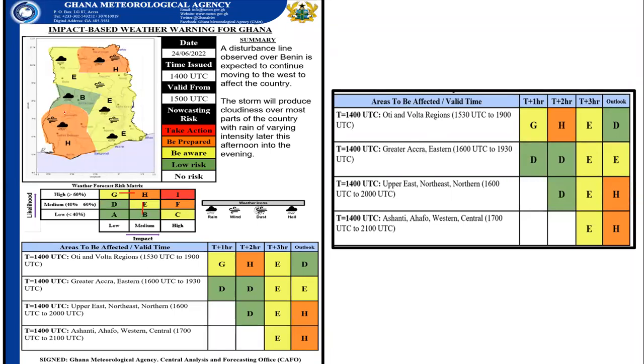If we move towards the southwestern part, around the Bono, Ahafo, Western North, Western Central regions, they're also shaded as H. So H means there's a high probability of a medium impact weather. So if you just take this map, areas where you'll be very concerned about will be the southwestern parts and the northeastern parts, because they have the worst case, the highest probability and then the highest impact based on the